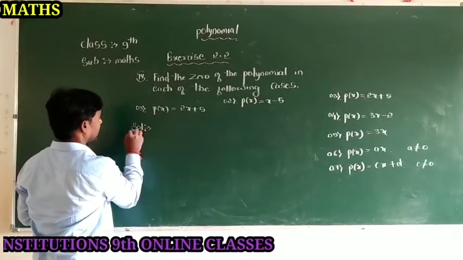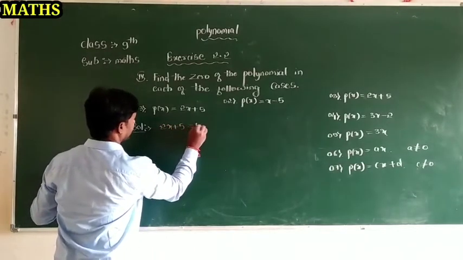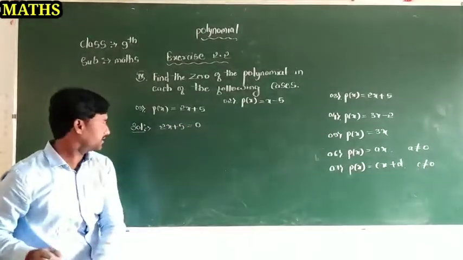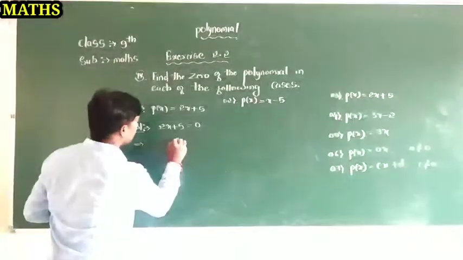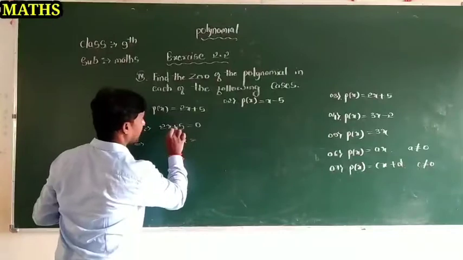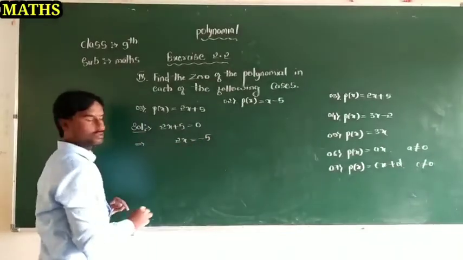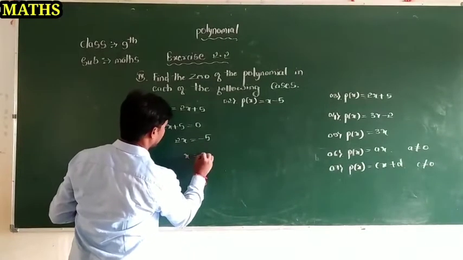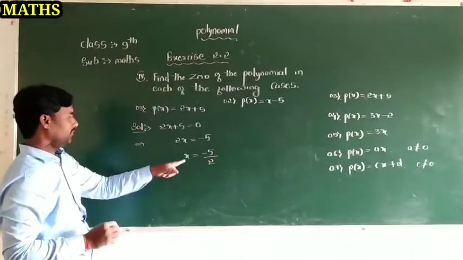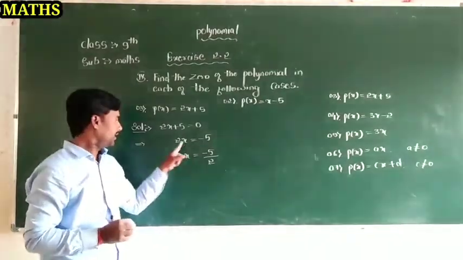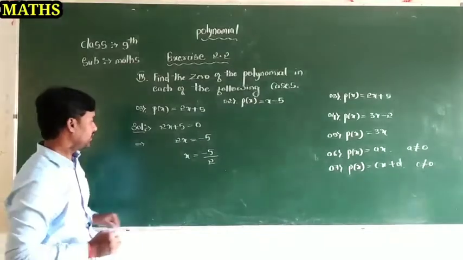Solution here. Question is 2x plus 5 is equal to 0. Let us see the board, dear students. Here this 2x I am writing as it is. Plus 5 is transferred that side, that becomes minus 5. So similarly here x is there. This minus 5 upon 2. So we got here the answer minus 5. This is the multiplication. Transfer that side, that becomes a division, dear students.